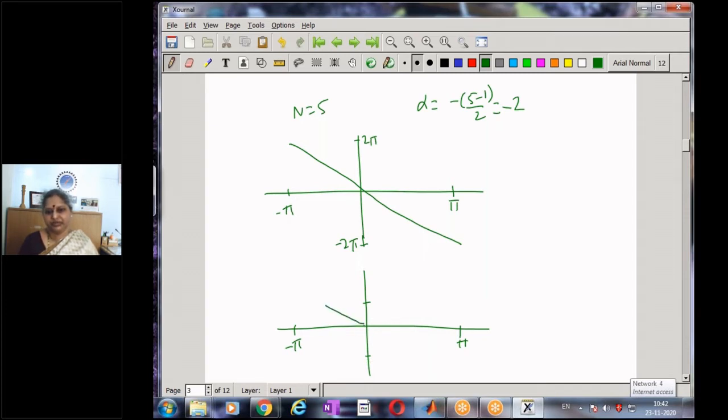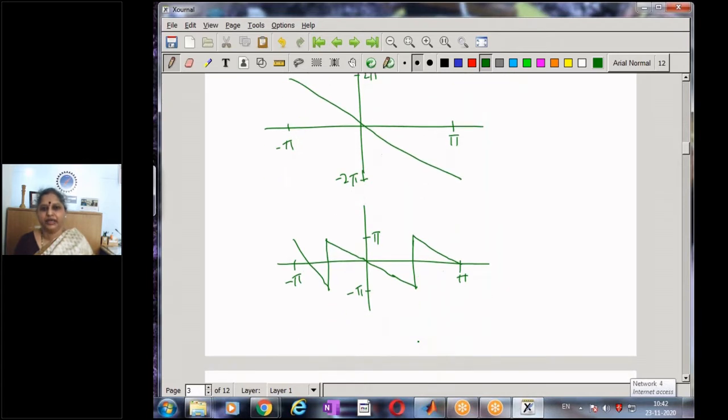So it will be a slope of plus pi to minus pi, and then there's a shift again. It's a transition. It's the same plot. There's no change in the plot. We recognize that both are identical. This plot and this plot are identical. Instead of going from plus 2 pi to minus 2 pi, I'm having the same plot, but there is a transition. This is the same as it shifts in this manner, and then we have the phase plot. So this is a linear phase filter.